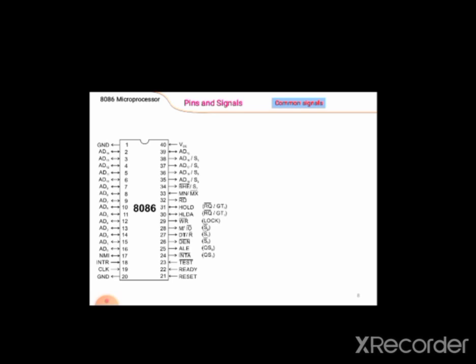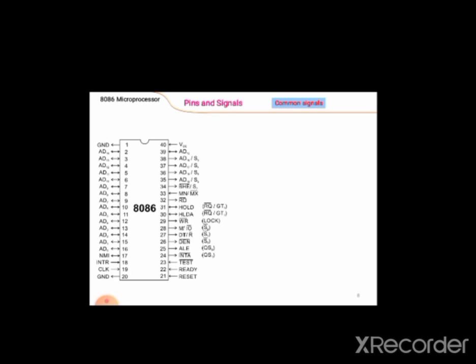Then AD0 to AD7 lines carry the lower order byte of data, and AD8 to AD15 carry the higher order byte of data. Now what do you mean by lower order or higher order? The data used in 8086 is a long string, of a big size.